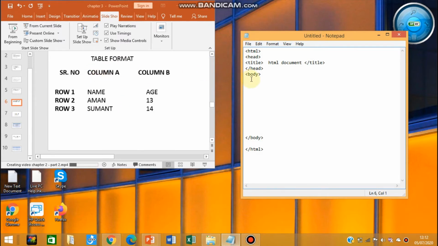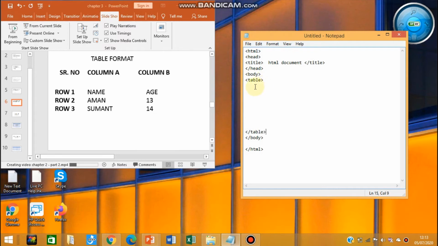To create a table, the very important tag that you first have to use is the table tag. The table tag is used to define a table in HTML. Without this your table can't be created. You have opened the table tag, which means you have to also close it by adding the backslash.